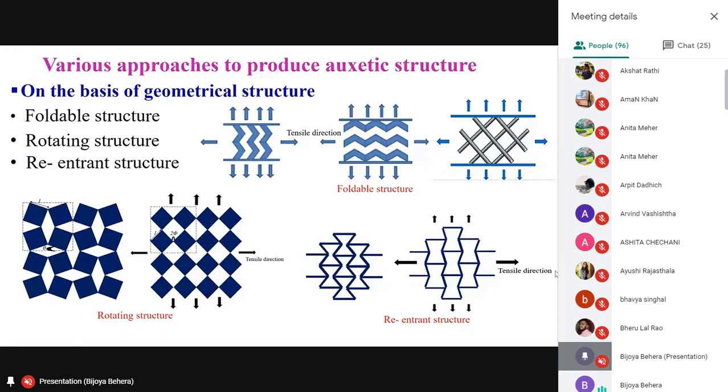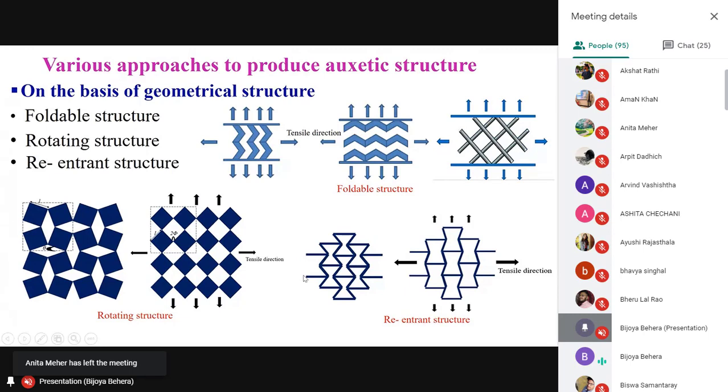So the fundamental thing remains how these auxetic geometries are to be identified. In nature, as I said, there are so many; everything we learn from nature. Scientists have done nothing on their own. As you know, we learned to make aircraft looking at birds flying. We developed ships looking at fish swimming in the sea. Everything we learn from nature.